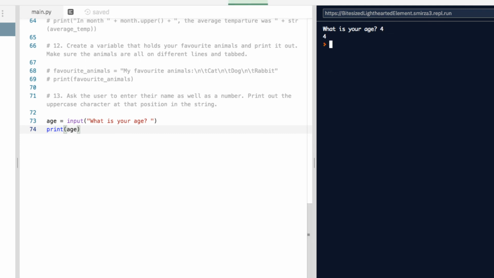So it's printing out 4, but it's printing out 4 as a string, it's not an integer. So if I then wanted to do, let's say, double age equals age times 2, and then I want to print out double age,